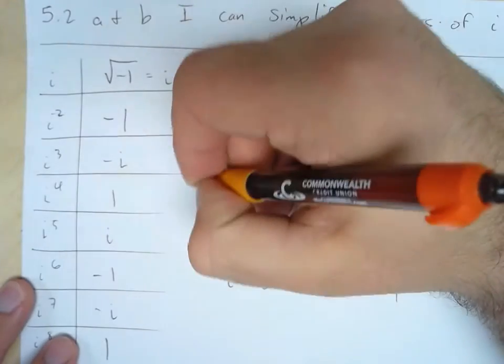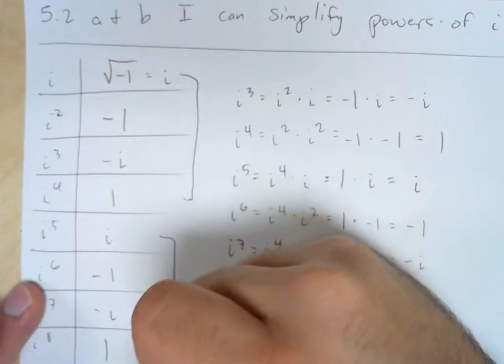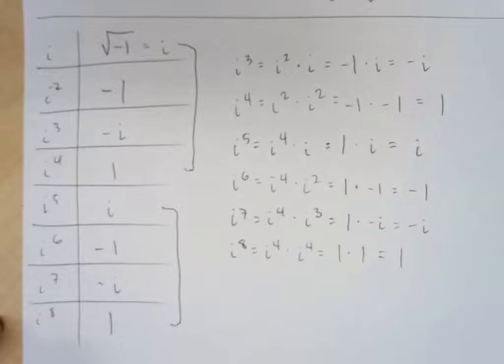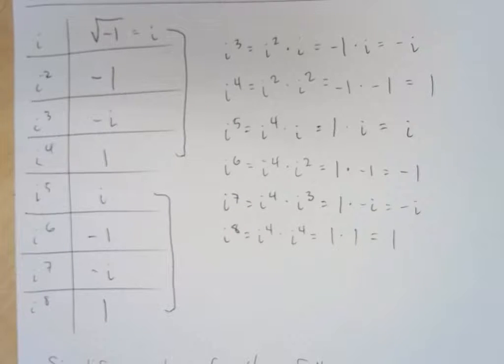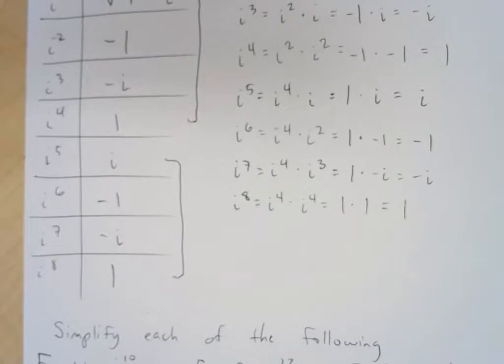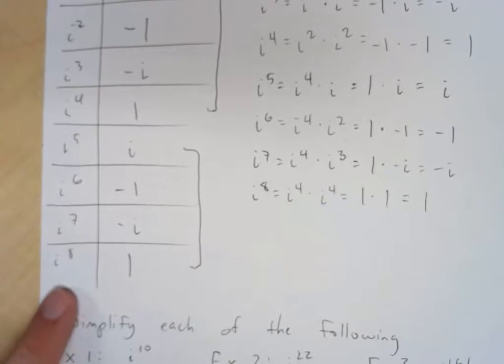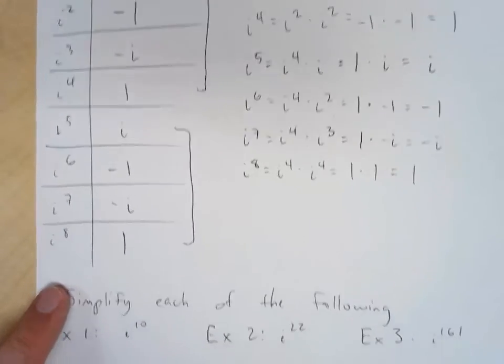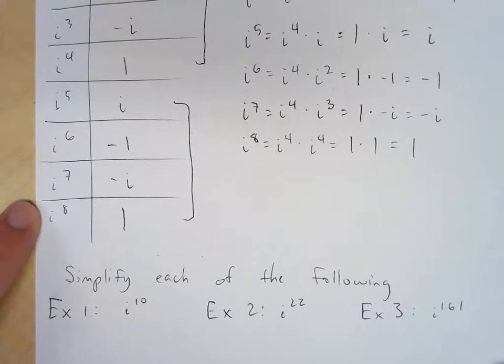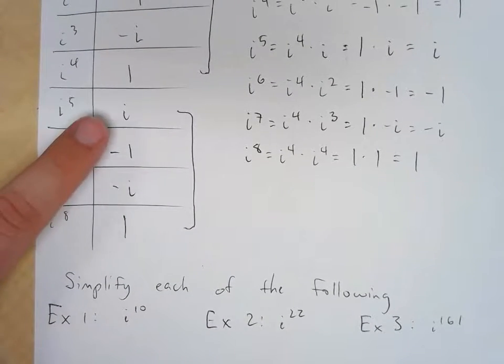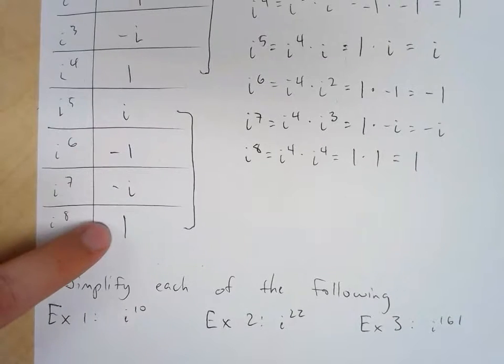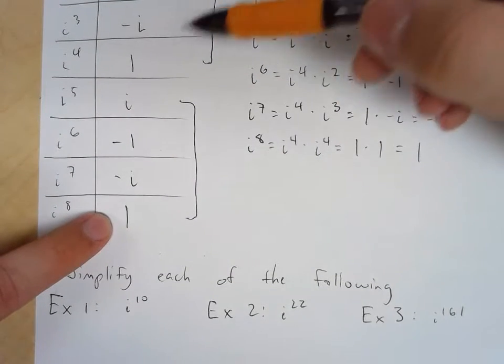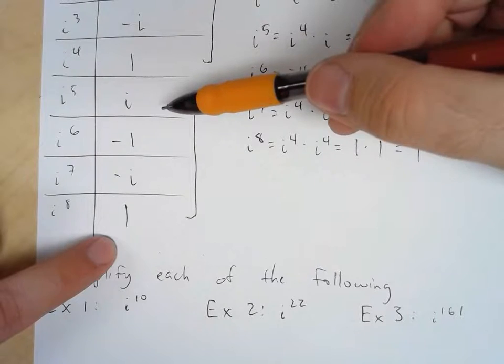So we're going to have these groups of 4 whereby this pattern will repeat every single time. So there's an easy way. We can just count up. We can just count and say that, hey, i to the 10th is just 2 more past this. So if our pattern is i, -1, -i, +1, then the next one is going to be i, and the next one is going to be